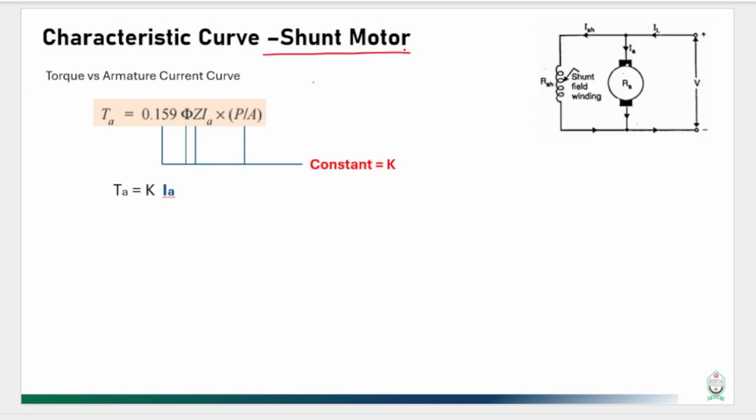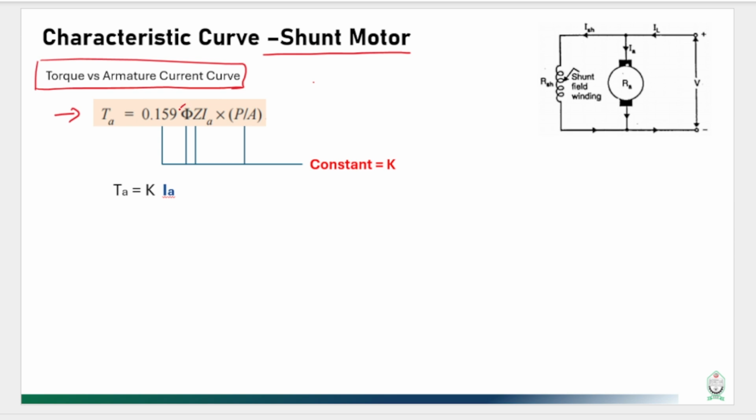For DC shunt motor, we have those three characteristic curves that we have already seen for series motor. As we started with the torque versus armature current curve for series motor, we will begin with the torque versus armature current curve for shunt motor here also. Previously, we have seen that we have an equation for armature torque, which is something like this, and for series motor,